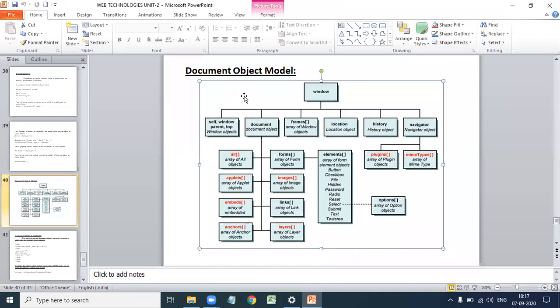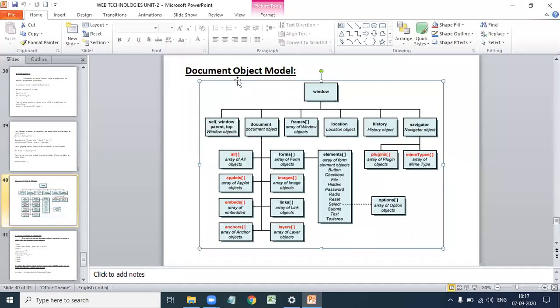DOM, document object model, is an API, application programming interface, for application programs to interact with web documents. So the document object model is also a standard for accessing the documents.